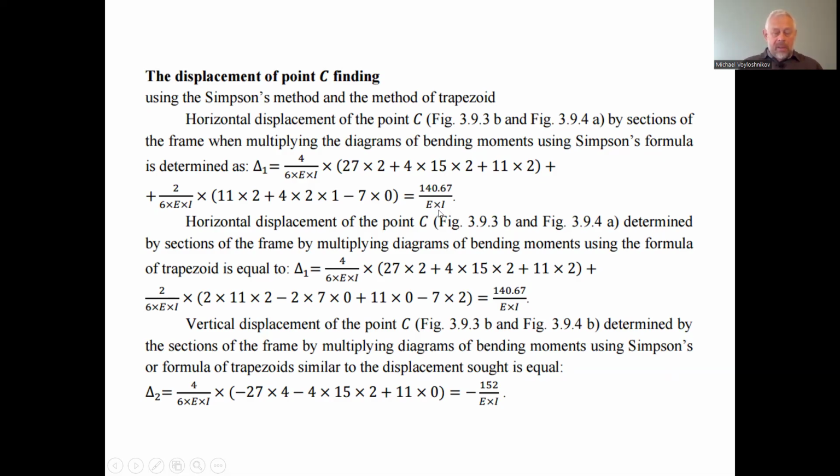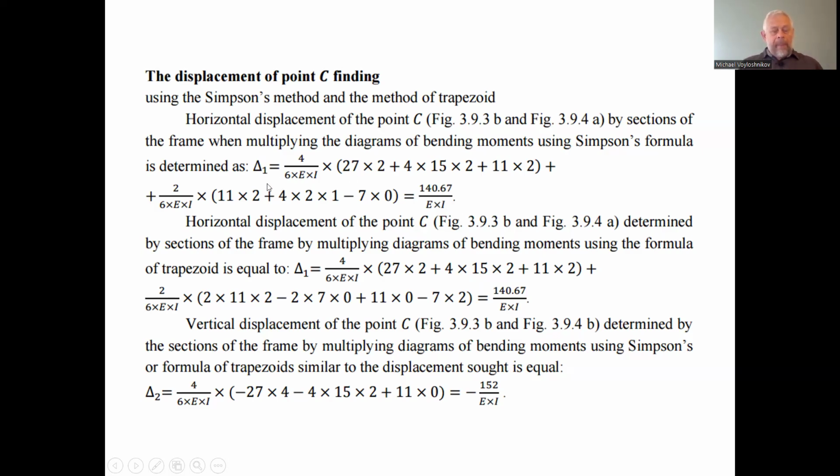This is the moment of inertia of the transverse section of the elements, equal for each of the 2 elements of this mechanical system, and this is a unit of length to the 4th degree, so it could be meter to the 4th degree, for example. So we have to obey the units of the displacement to find in what units we will have the result